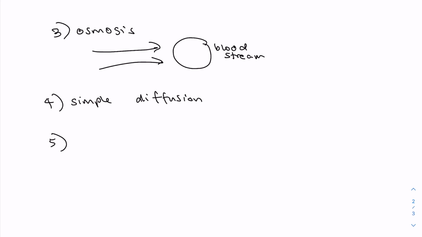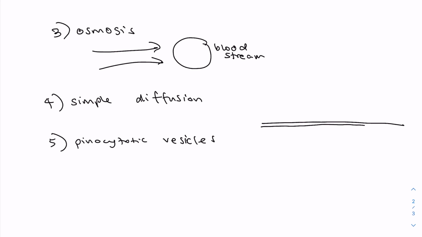Then lastly, we have pinocytotic vesicles. And this is basically the non-specific uptake of fluids and dissolved solutes. So these materials will be ingested via the breaking and reforming of the membrane, and hence are contained within a vesicle. So for example, if we have the membrane here, and we have a liquid which is to be absorbed